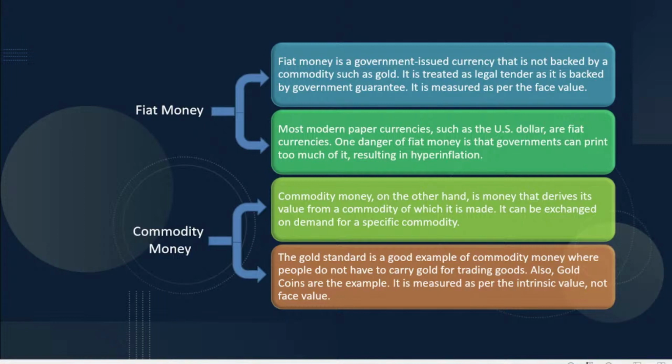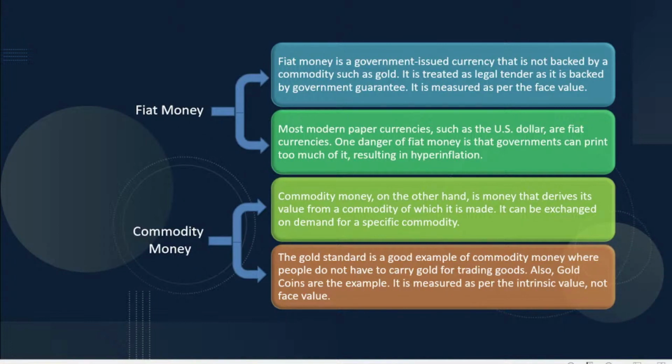It is measured as per the face value. Actually, the 2000 rupee note, we treat it as its face value. If we melt that 2000 rupees note or do something with it, we cannot derive an intrinsic value of 2000 rupees. Okay, right? If you go and buy a silver coin, how do they give you the silver coin? The silver coin derives its value from the intrinsic metal it carries, right? So if a silver coin weighs 10 grams, you have to pay the value of 10 grams of silver, right?